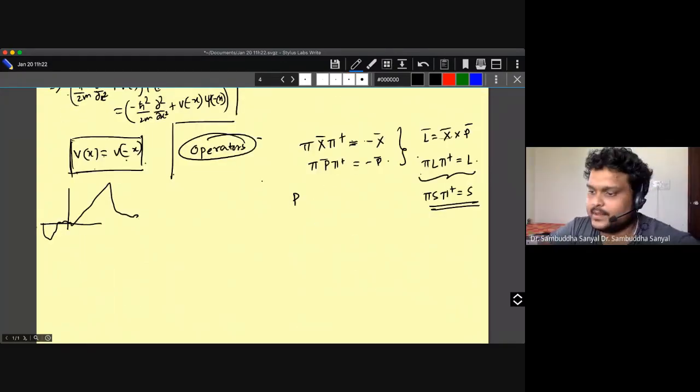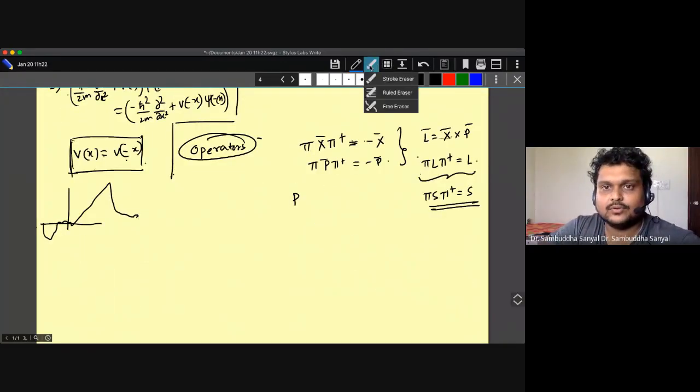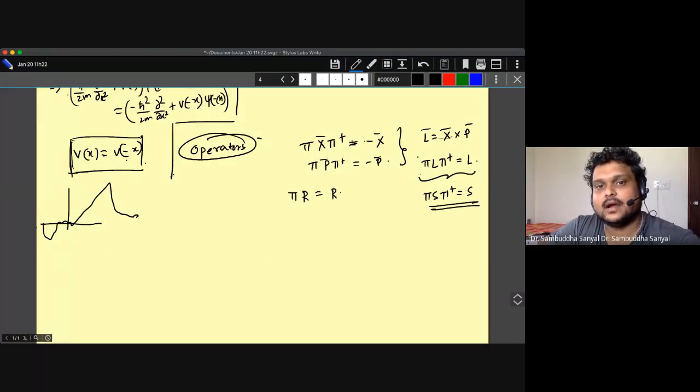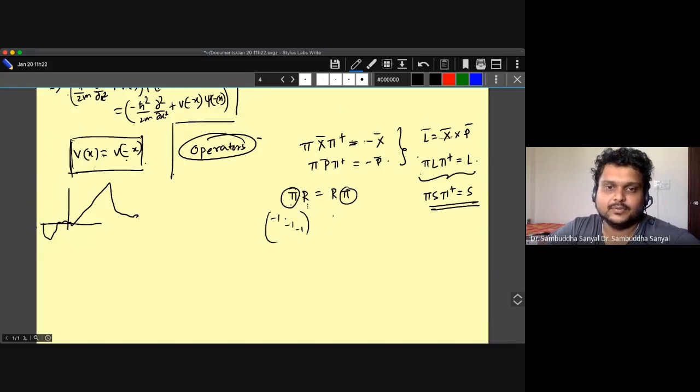Okay. So now we want to check this. We know that pi R is equal to R pi. This is again something one needs to be careful about. When I'm writing this pi here, this rotation is the three-dimensional Euler rotation matrix, and this is the -1, -1, -1 matrix. So we know this is true classically. If I multiply this -1, this is just identity times -1. So this must be true.